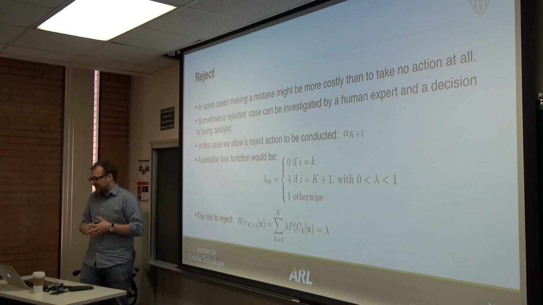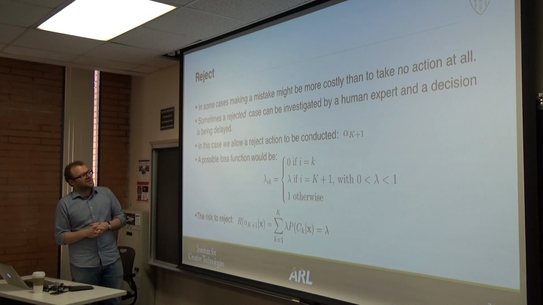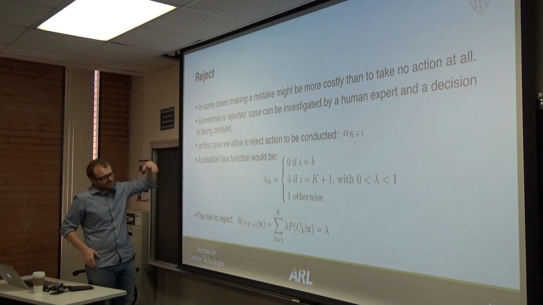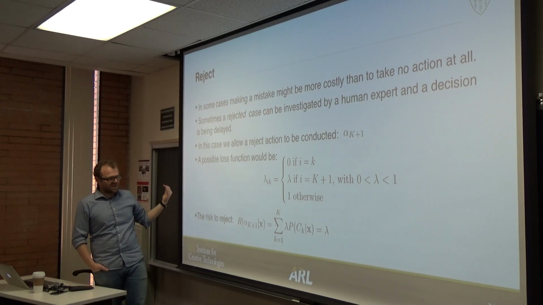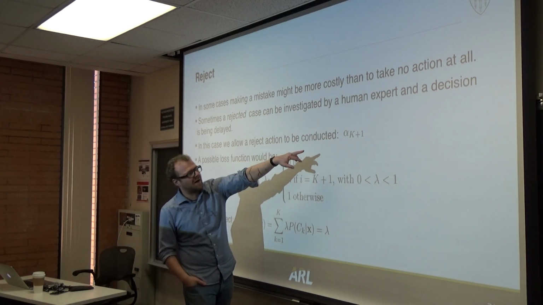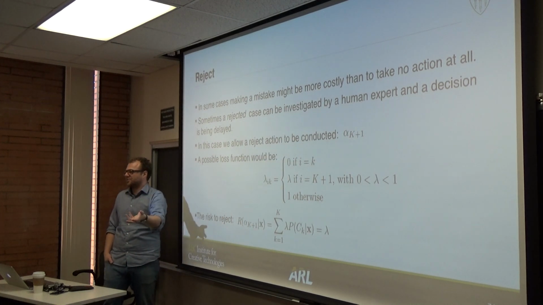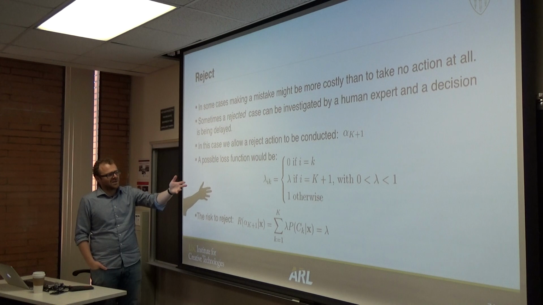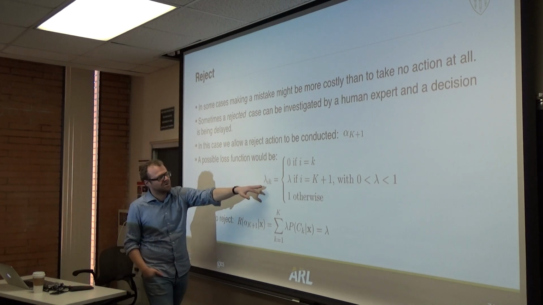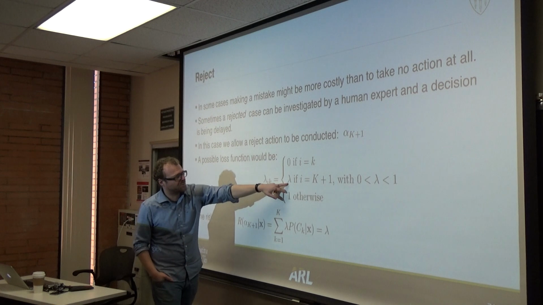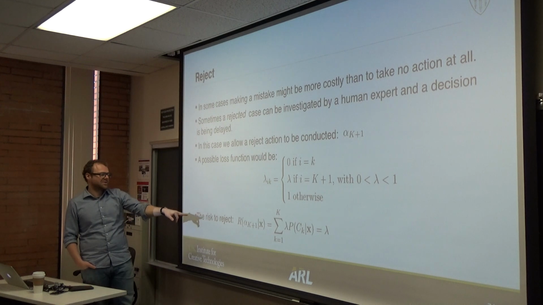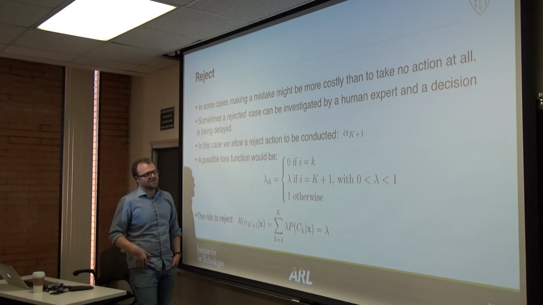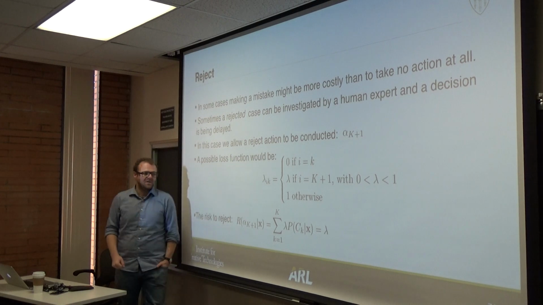So the classifier could theoretically reject the case, or just say, I don't know, and basically what we need to do to allow this and to fit it back into the previous example is we just allow another action, which is the I don't know action, and the loss function would then just look like this. So where we would output lambda if i equals k plus 1. And so the risk to reject in that case is just that lambda parameter,